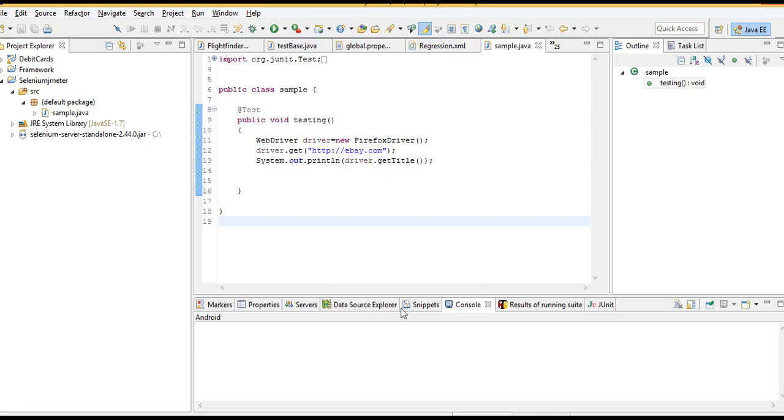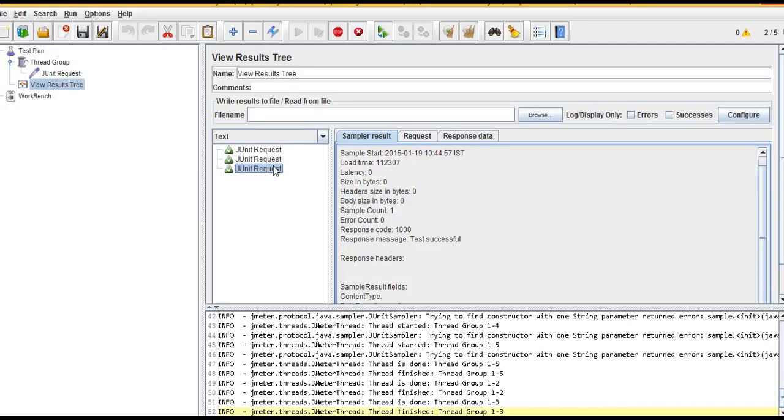I guess this load time is changing because of the internet connection as well, which is why you cannot actually predict the load time. Still, there are requirements saying that if you have 2 Mbps speed and you are opening 5 browsers at a time, what is the load time?